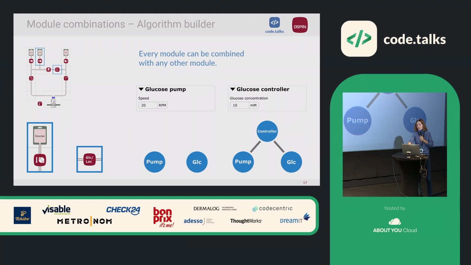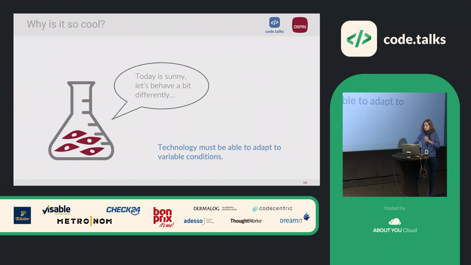At some point, we would love to allow our users to write their own algorithm, so that they can say, yeah, I want a controller, but I even want to take over and say which controller should run in there. Or we can just code it ourselves and then offer different possibilities to our users. This is also a possibility. And why do we believe this is so cool, why do we like it and believe in it? It's because